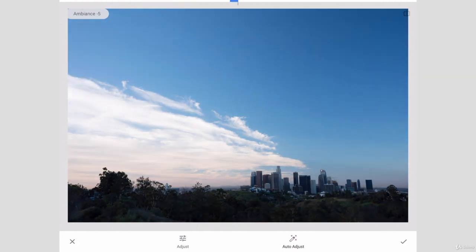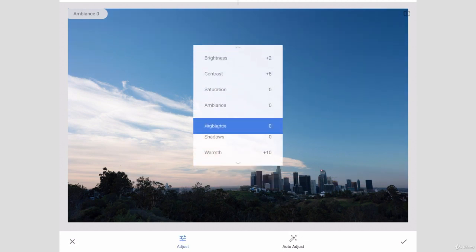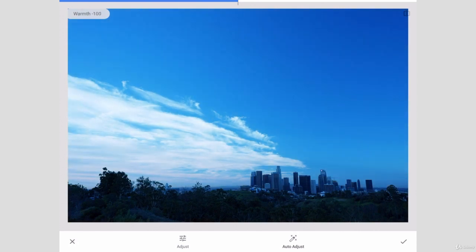You can also do an auto adjustment for many of these edits by clicking the auto adjust button. It will do its best using the algorithms that it has to make adjustments. You can also see the before and after by tapping or clicking. So let's make a crazy adjustment so you can see with warmth, make it super cool. So clicking or tapping rather, you can see the before after, or just tapping this button in the top right,